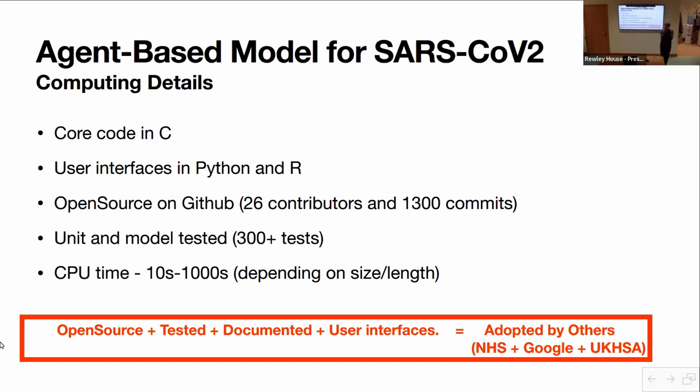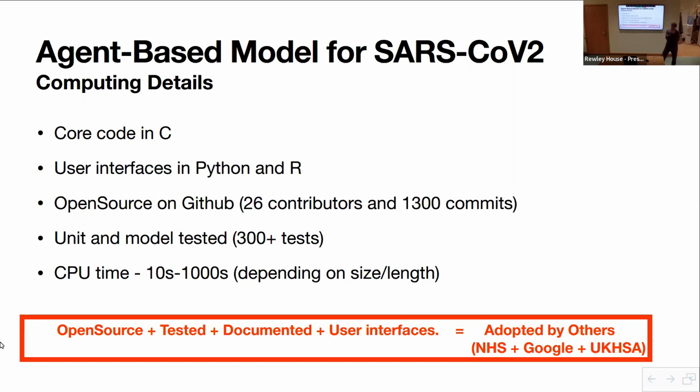The other thing we had from the beginning was that it was open source, and it was developed by quite a few people. We started developing it, but after the initial 2 weeks, after 2 or 3 weeks, we had it out on GitHub, open, and we've now had 26 contributors through various collaborations and other people just joining, and over 1,000 commits to the model. So it hasn't been just 1 or 2 people developing it; it's been a collaboration from quite a few people.